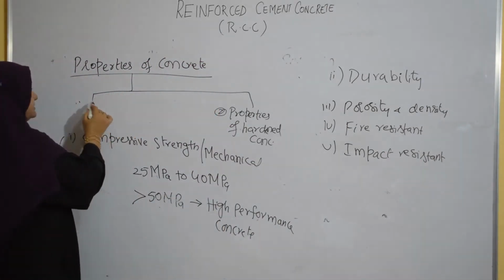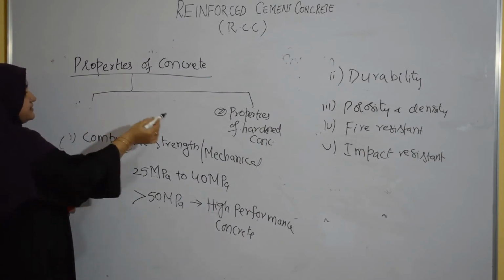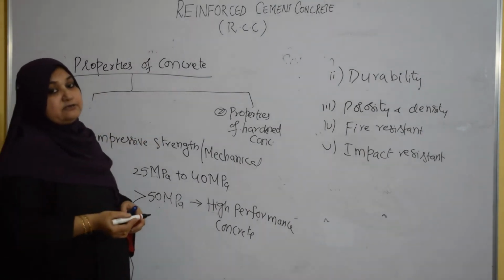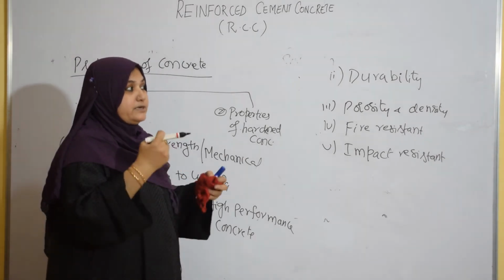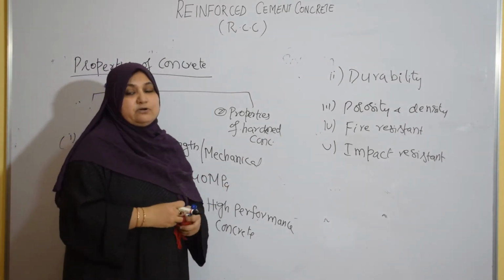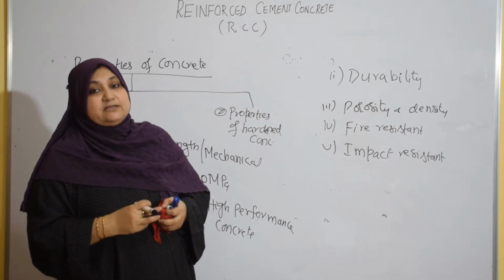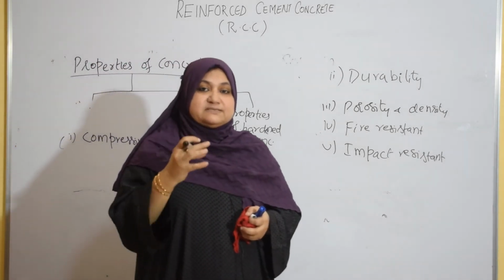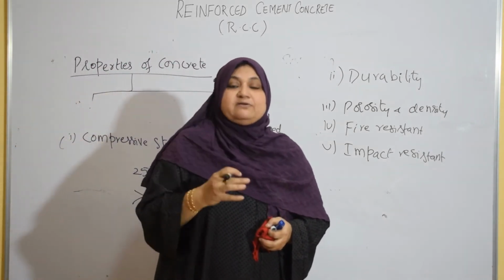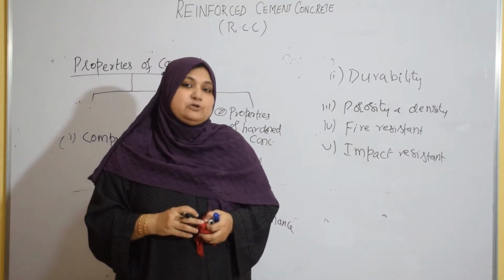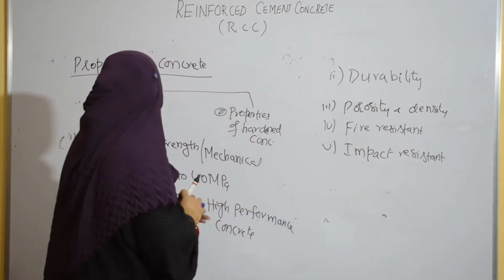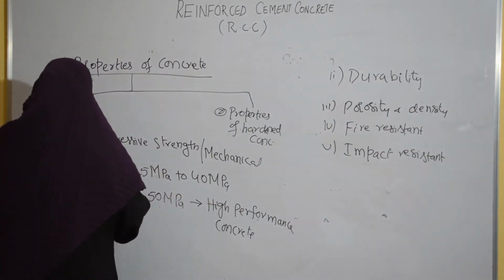The first property was a property of fresh concrete, the second a property of hardened concrete, and the third one is that the concrete should be economical. Because you want a durable concrete, a strong concrete with high maximum strength, you cannot put in more cement, because cement is the one ingredient responsible for the strength. Economy also matters, so the concrete should be economical as well.